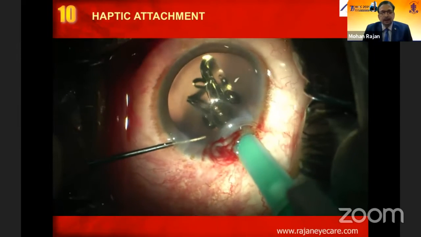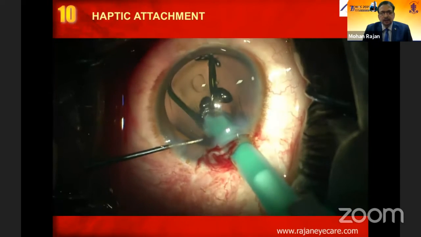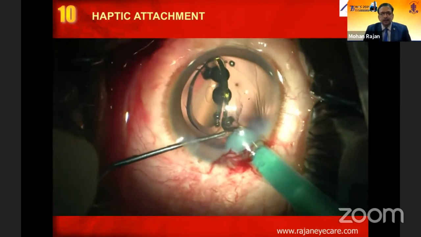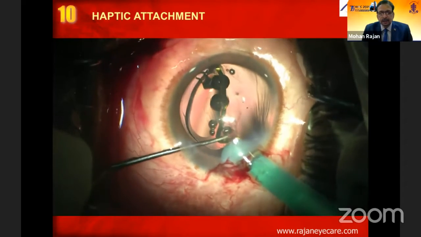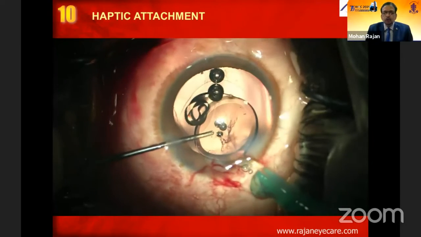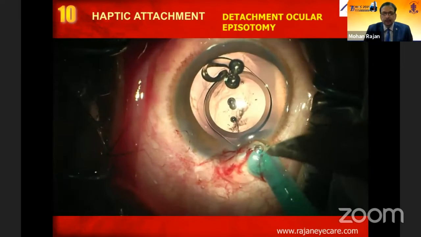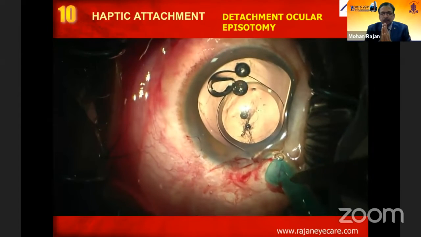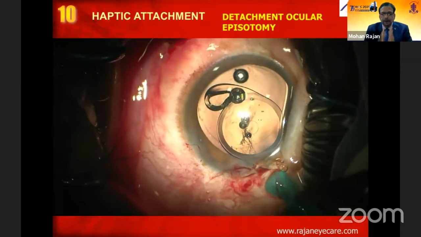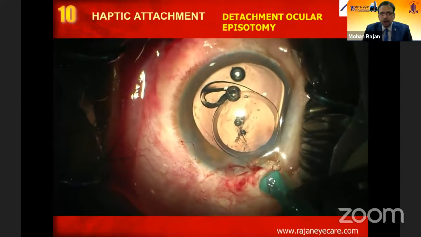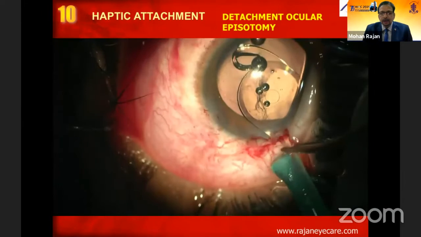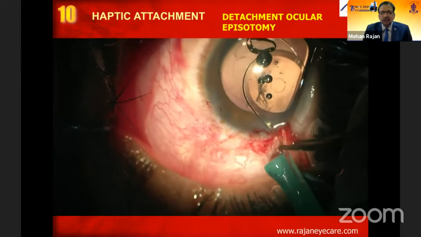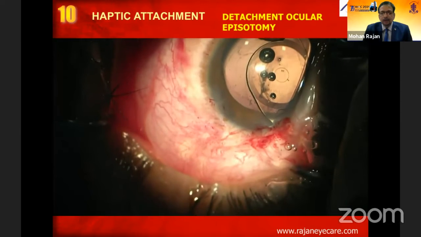And you can see here this is the haptic, as I told you, the haptic attachment. With the green injectors, you have to be very careful. Sometimes the haptic can get caught in the injector. So what I do normally is what is called an ocular episiotomy. You can see here I'm putting in an 11 blade. When you create a space between the cartridge and the silicone tire, then you'll be able to release that haptic without any problem, without fracturing the lens or deforming the optic.